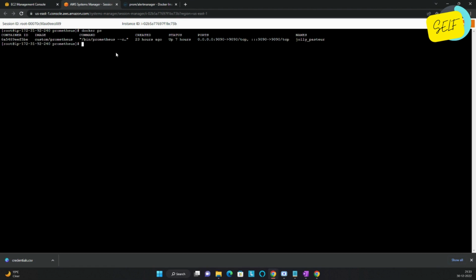Run Alert Manager as a Docker container. In this lecture, we will run Alert Manager in a container along with our Prometheus server, where we have seen the previous demos. So let us quickly jump onto the demo. I'm currently in my Linux machine where I have my Docker container running Prometheus. Now it's time we create a container for Alert Manager, which will run in parallel with Prometheus and will support